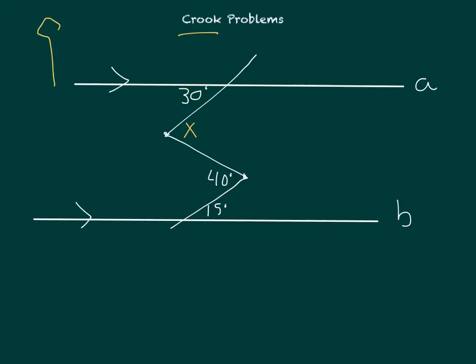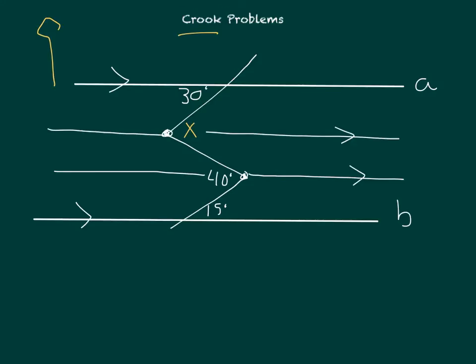So we're going to invoke Euclid's fifth postulate and say that through any of these points, there's only one line parallel to A and B, and I'm going to draw it. So that line is parallel, and here through X, that line is parallel. So now we're going to use our knowledge of interior angles and alternate interior angles to solve for these